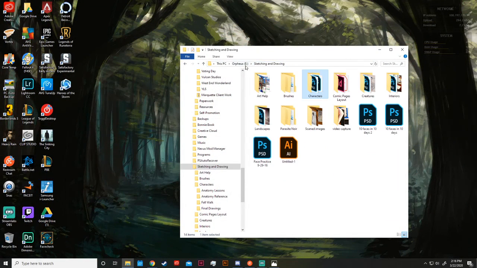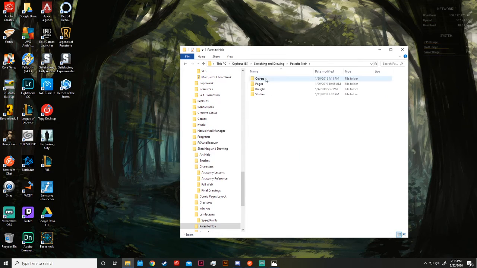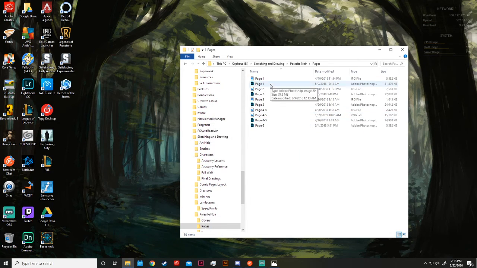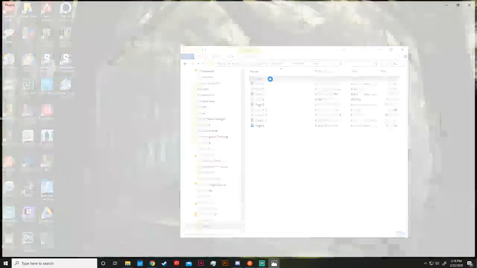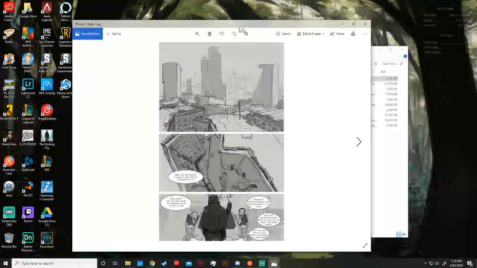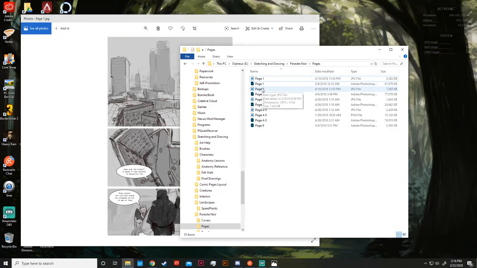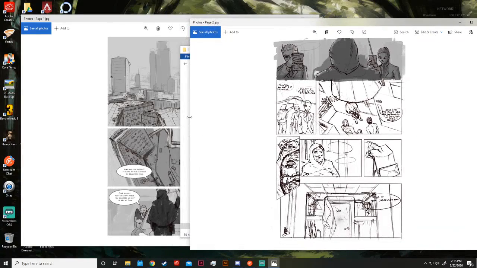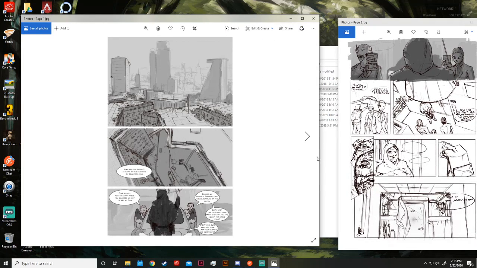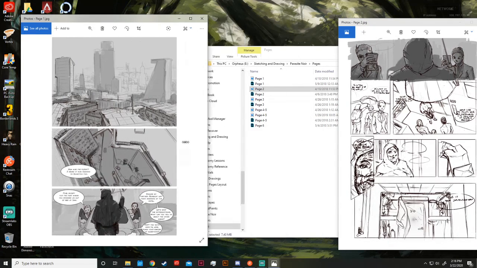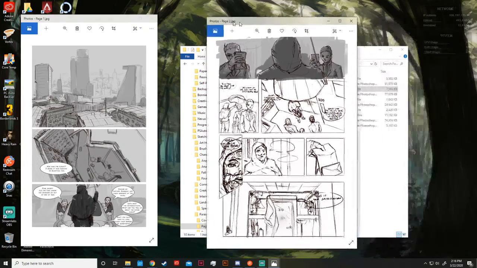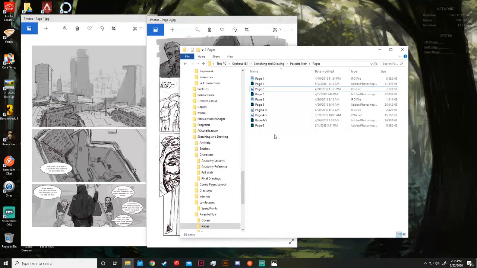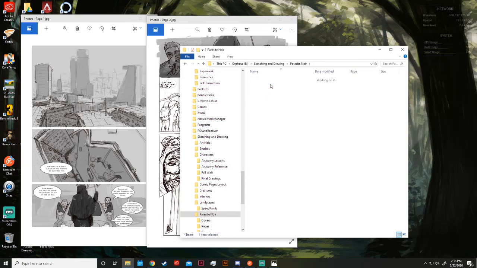Let's see. And now, of course, we've got our comic pages. This is for my personal project. I want to work on this today, maybe. Let's see if it actually happens, but